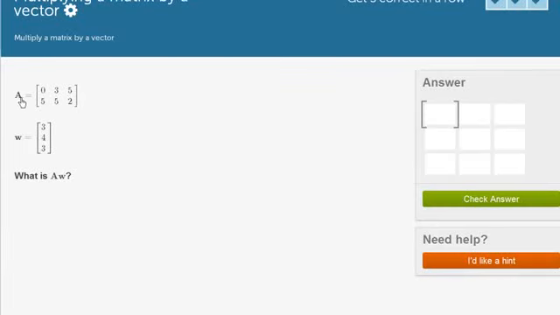So we're multiplying matrix A here by vector W, and they ask us what is A times W. So let me get my scratch pad out, and let's think about this. So we have matrix A times vector W. Just as a reminder, AW, and I'll write it in bold right over here,